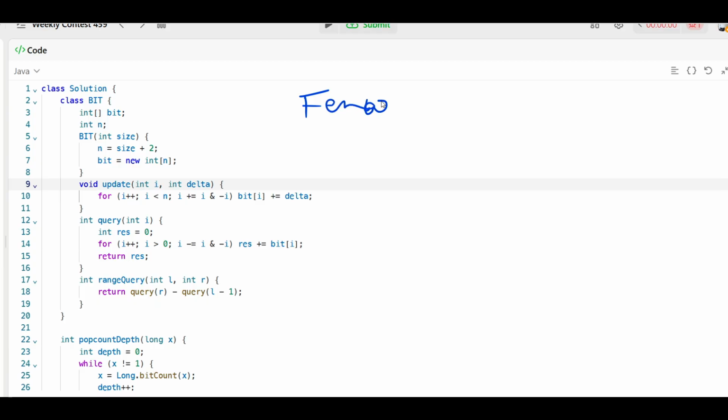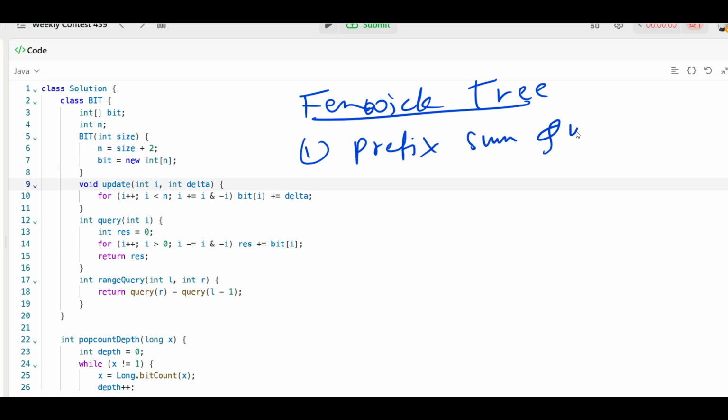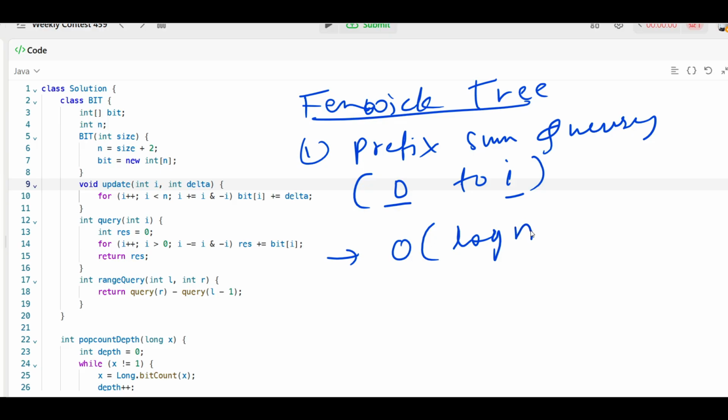What is a Fenwick tree? A Fenwick tree is a data structure that efficiently supports, if you remember, the prefix sum query. Let's suppose from 0 to I we have to go, meaning the prefix sum query. So it is taking O(log n) time, so it is efficient with respect to time complexity. So the Fenwick tree supports the prefix sum query